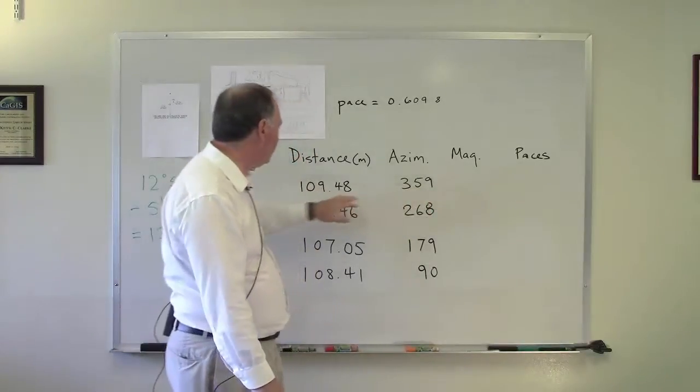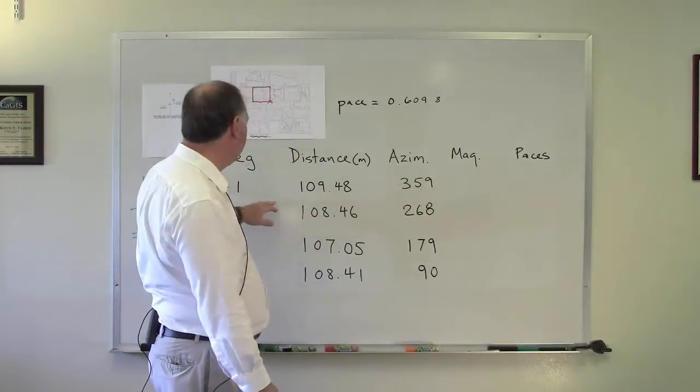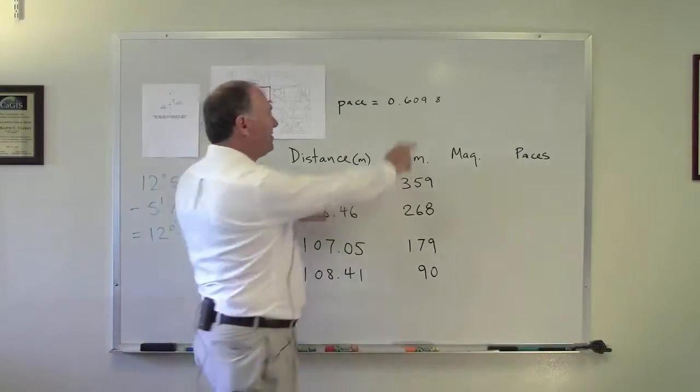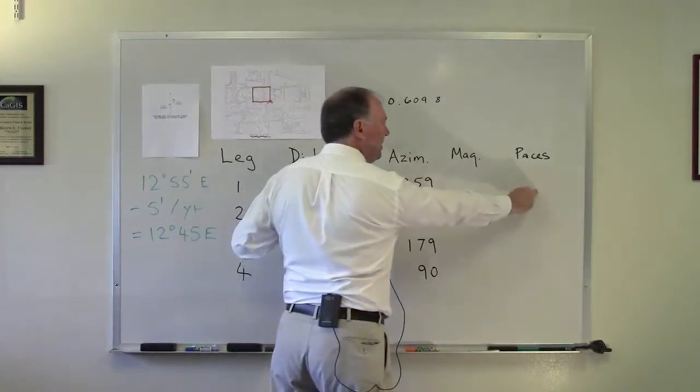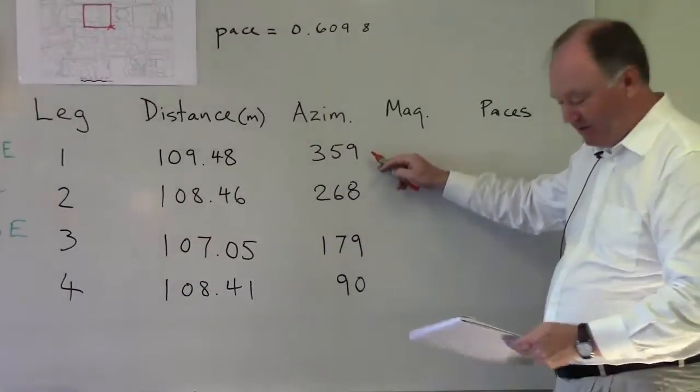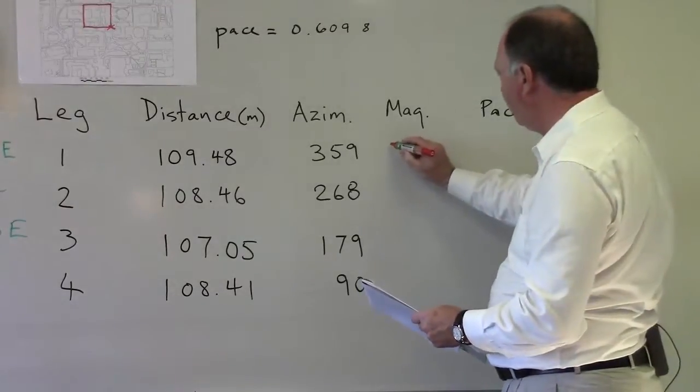I'm also then going to take each of my lengths in meters and use this multiplier to convert it into paces. Okay, so I'm going to subtract 13 to each of these values. I get